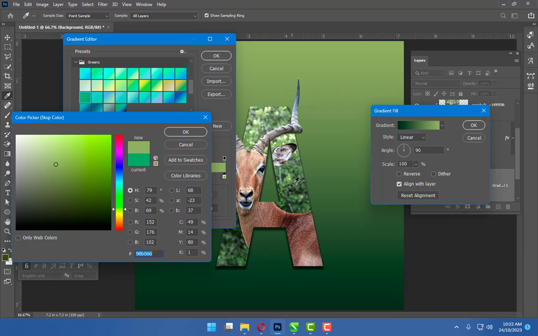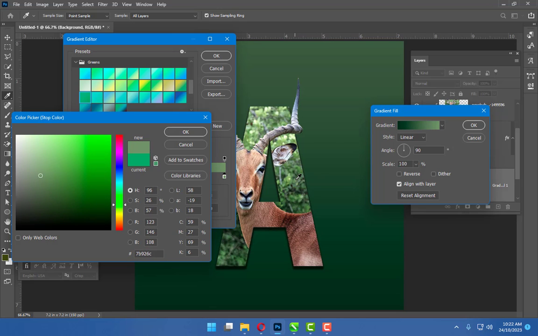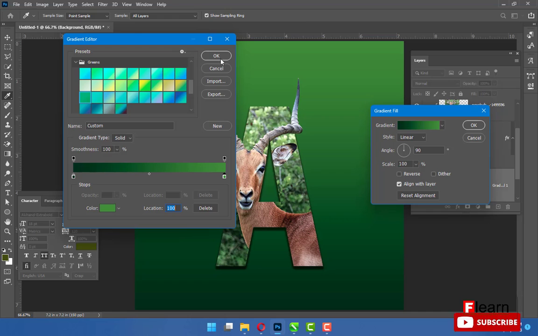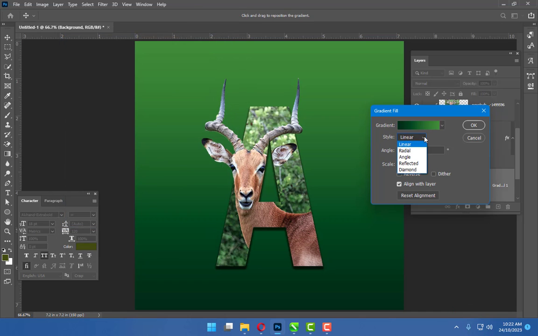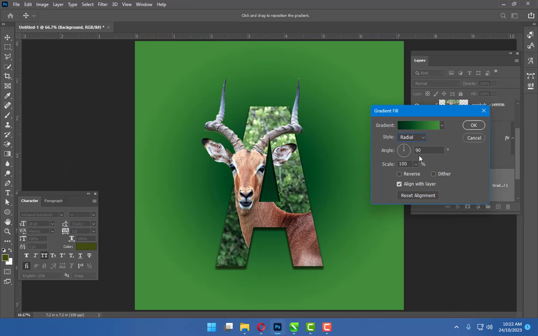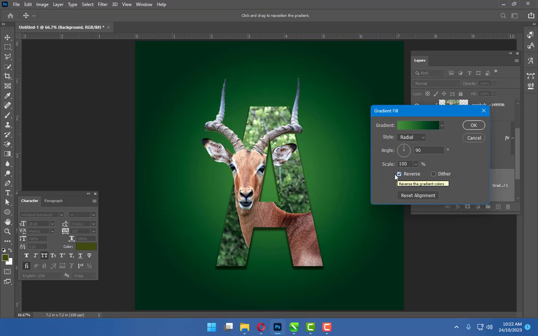I pick from this image, okay, make it okay, and change it to radial, change to reverse, change the scale,